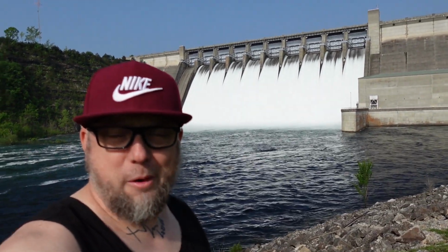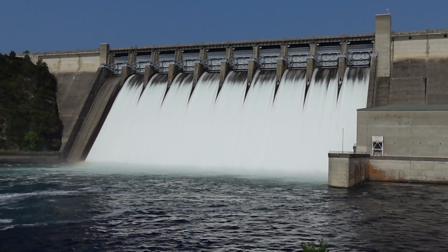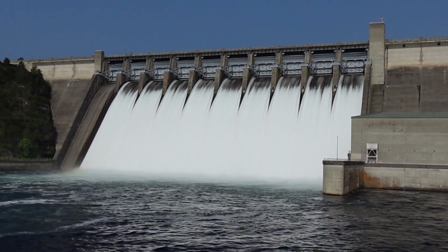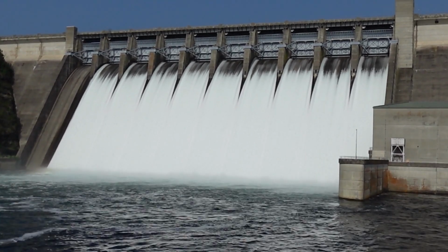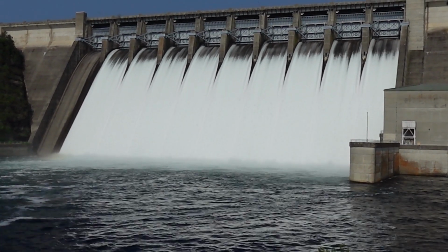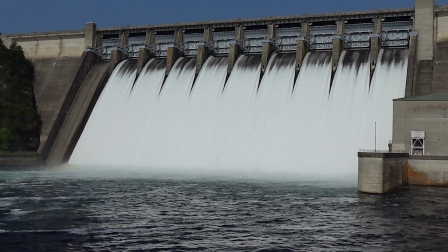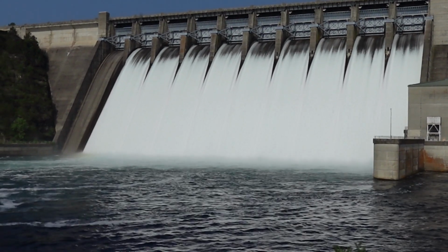Now we're just gonna enjoy some video, enjoy some time down here checking out the water pouring into Lake Taneycomo. I hope everybody tuned in this far in the video, but there's the view. That is just amazing to see in person. Not sure if the video really picks up how cool looking this actually is, but it's been open close to a week, maybe a little over a week now. I mean, Lake Taneycomo is just all down here by the